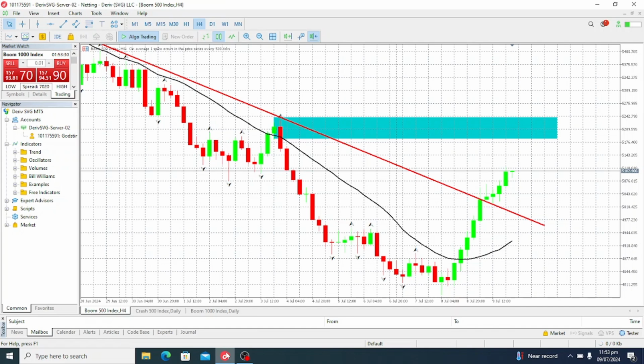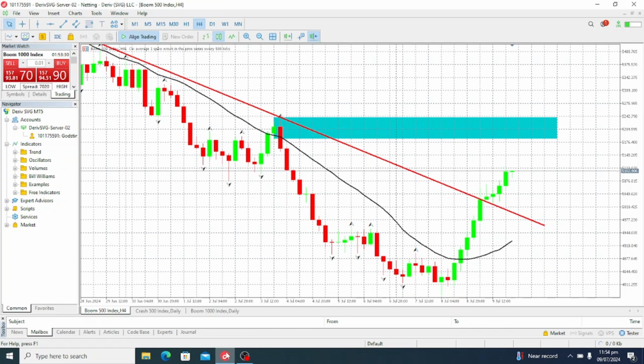Firstly, this strategy is simply about following the trend. The trend should be your friend anytime you're trading. Please, guys, if you're subscribed to the channel, you should know that we don't allow people to trade against the trend. It's very risky and really risky for your money. So always trade with the trend.